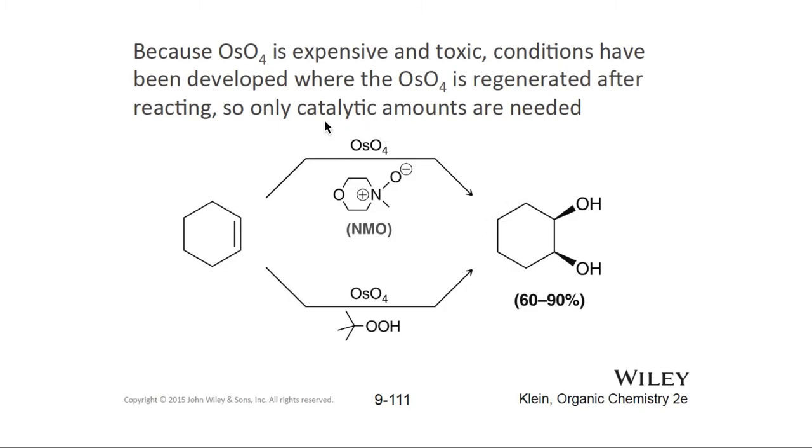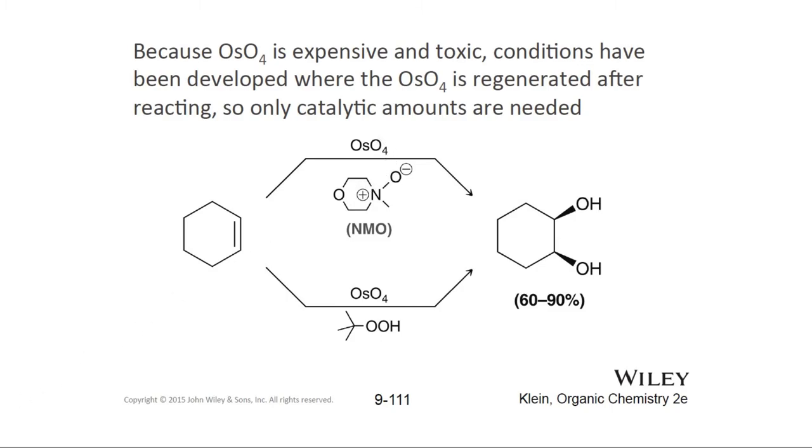One of them is using osmium tetroxide with this molecule right here, NMO, and the other one is using osmium tetroxide with peroxides. So don't be surprised if you often see osmium tetroxide with some additives like this one. Just be aware that those are to regenerate the osmium tetroxide and to be able to use it as a